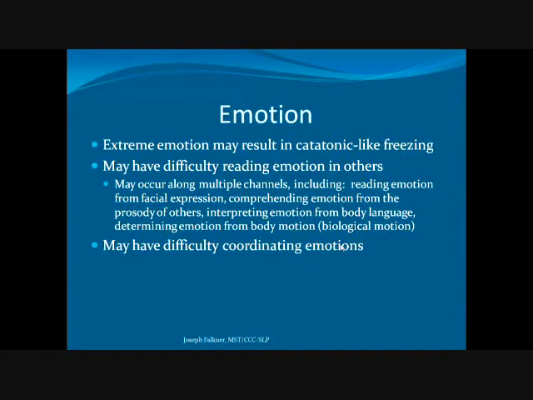Now, they may also have difficulty reading others, and in fact, this is pretty classic for many people with autism. And again, reading emotion in others is really a complex task because there's so much we have to take into account. Their face, what they're saying, how they're saying it, their body language, how their bodies turn to us, how their body's actually moving, which we call biologic motion. These are all things that we use to interpret emotion in others. And that can be quite a challenge for some people with autism.